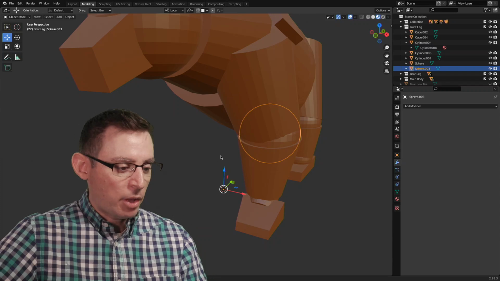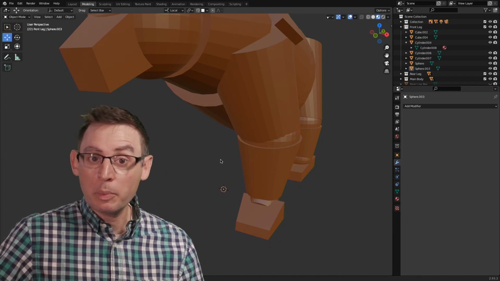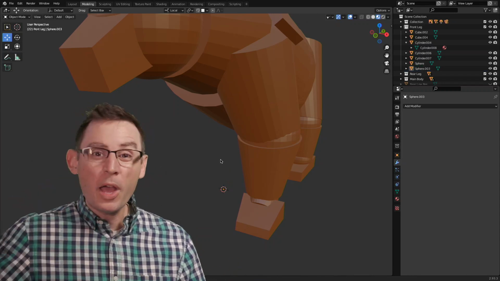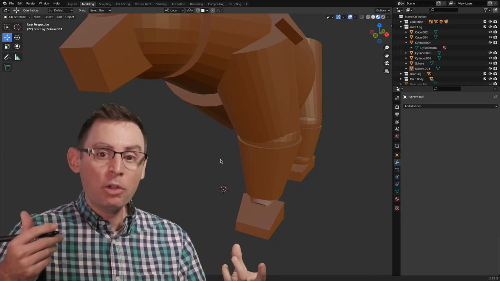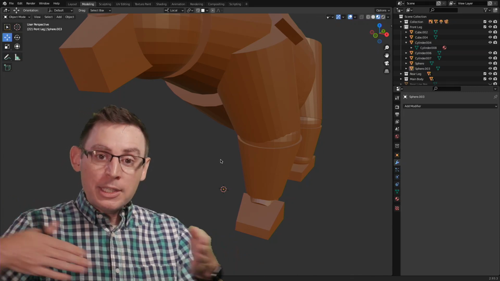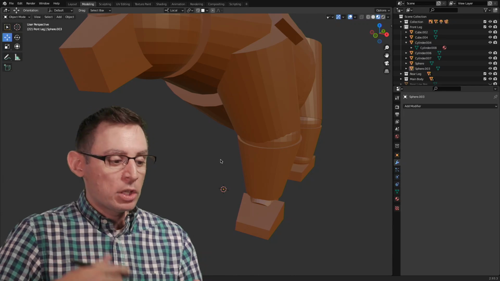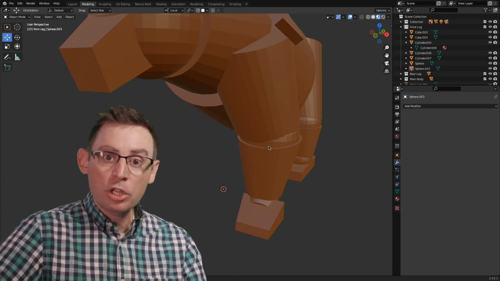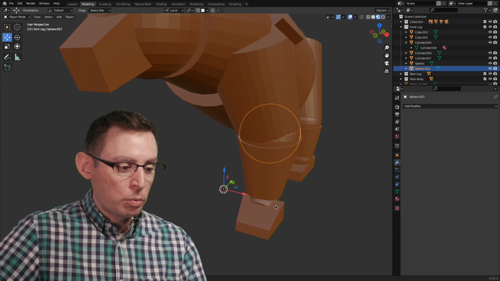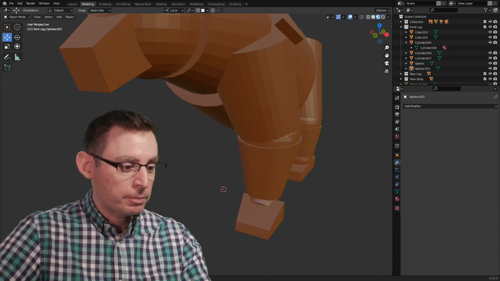Which brings up the next challenge. Well, what if your 3D cursor is in the wrong spot? What if your 3D cursor is way on the other side of your three-dimensional scene? How can we get it to the origin, the dead center of our three-dimensional universe, so that we can use this Origin to 3D Cursor tool inside of our toolbox? Well, here's the easy way, okay?